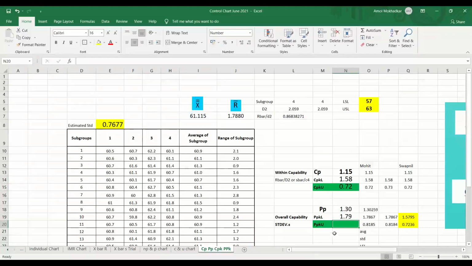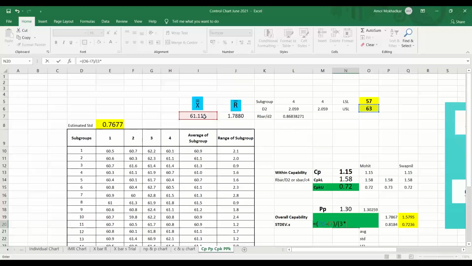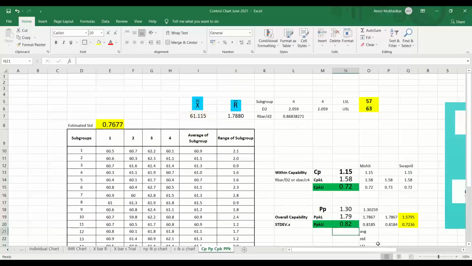So that is 1.79, and the second one is 63 minus X double bar divided by 3 into again the estimated standard deviation, that is 0.8. Okay, so you people also got it. Slight difference is here. In this case, here it is 0.72.